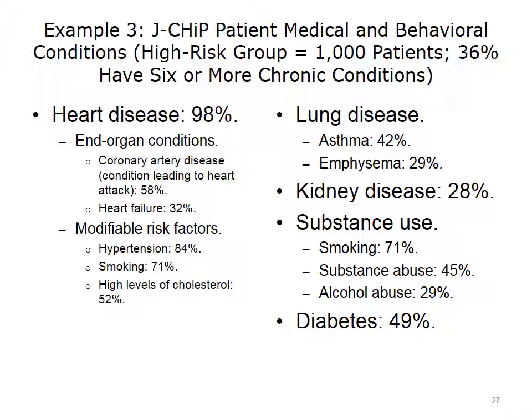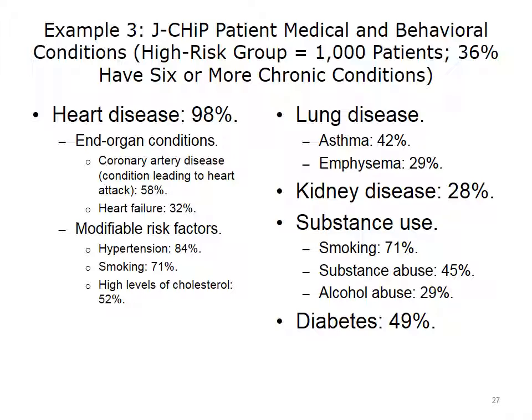The rate of coronary artery disease, a condition that leads to heart attack, was 58%, and the rate of heart failure was 32%. Of the modifiable cardiac risk factors, the rates of hypertension, smoking, and high cholesterol were 84%, 71%,